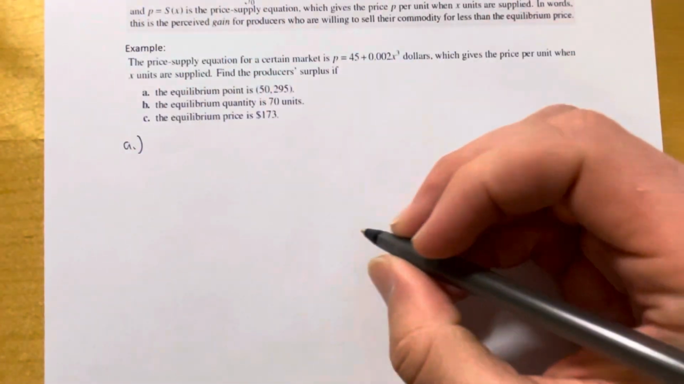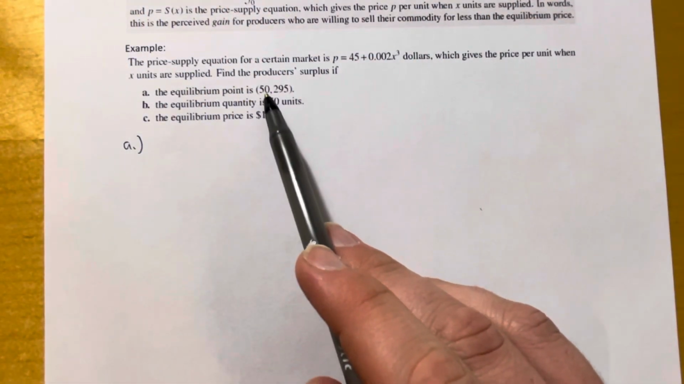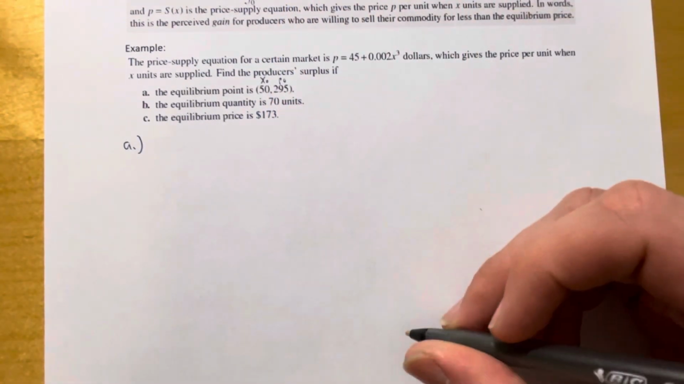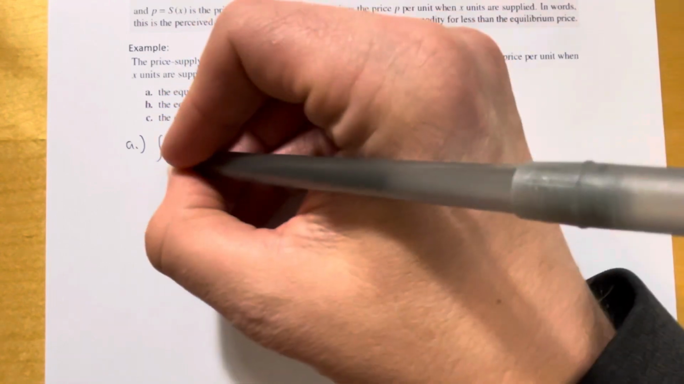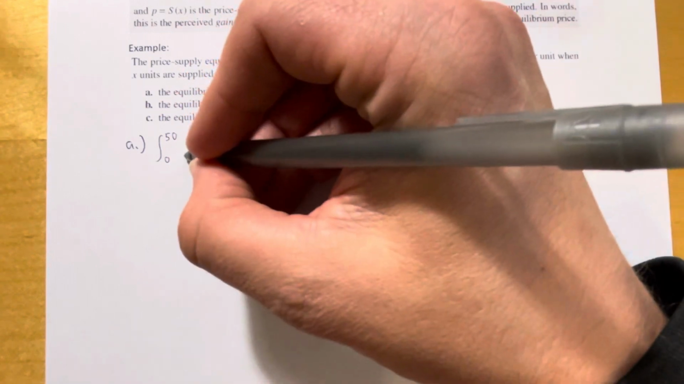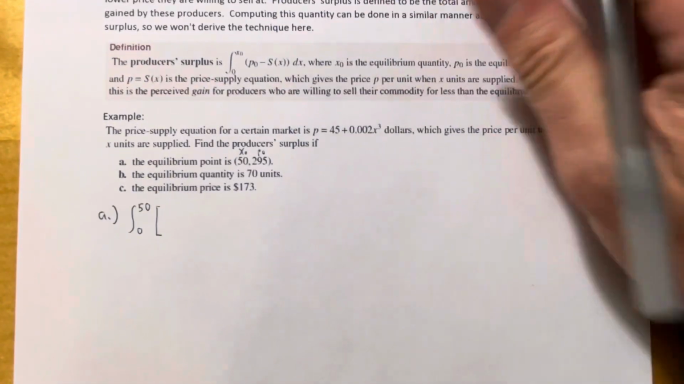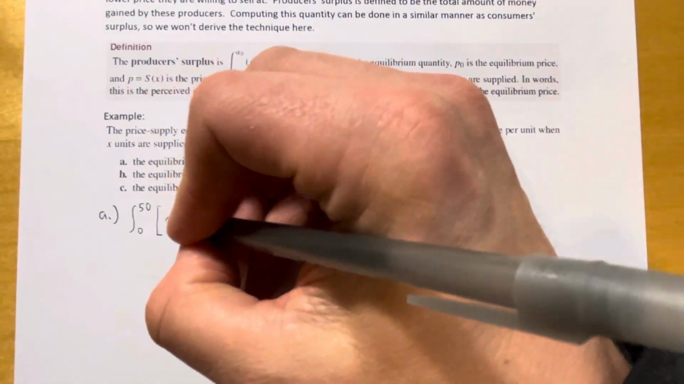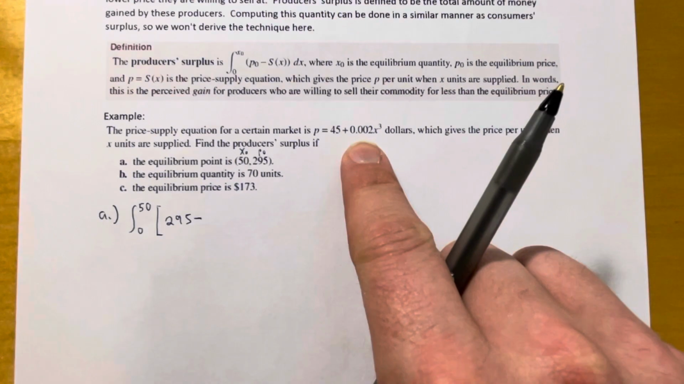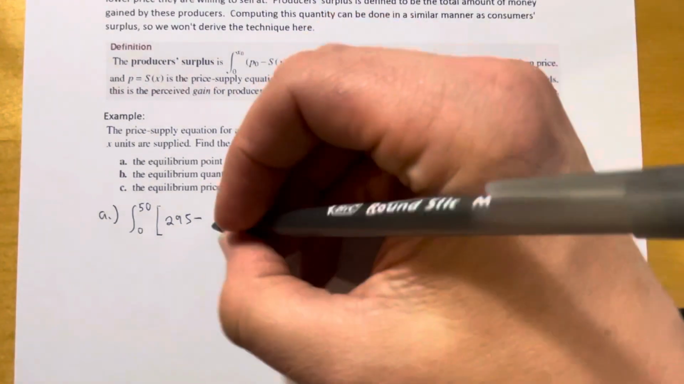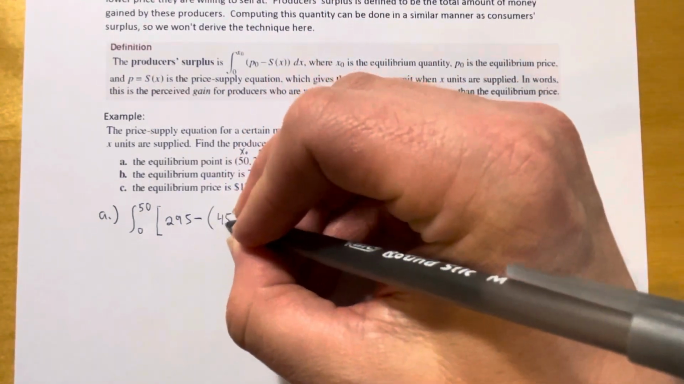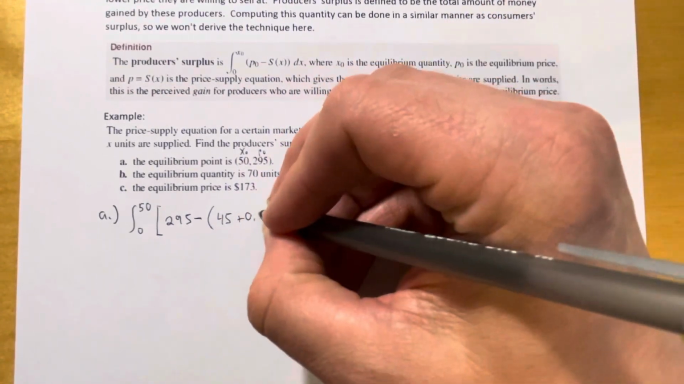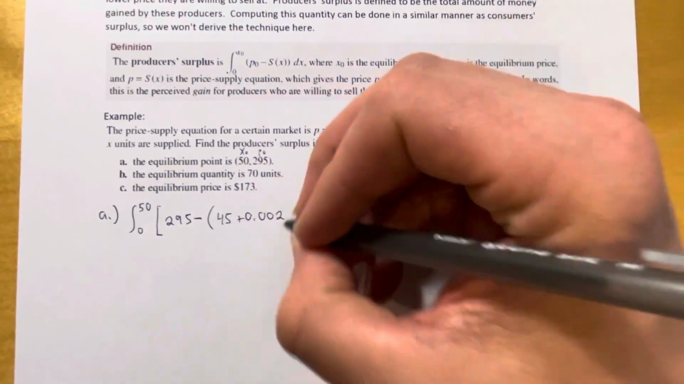Starting with part A, we have an equilibrium point at (50, 295). Remember, that is x naught, p naught. So I know my limits of integration are going to go from 0 to 50. Then looking at how we compute producer surplus, it's the market price, 295, minus your price-supply function, so that's 45 plus 0.002x cubed,